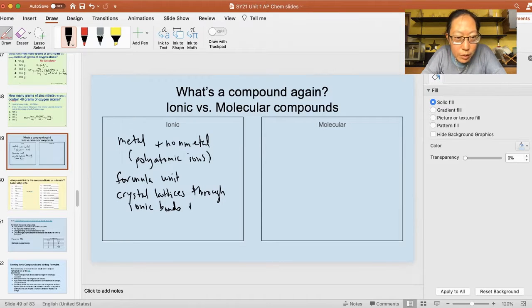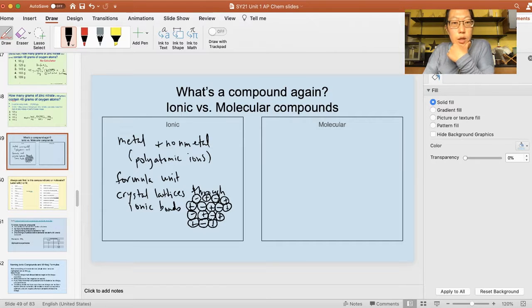These ionic bonds, remember, are the attraction between positive and negative. So it's forces between these ions that are holding the crystal lattice together. The crystal lattice can be thought of as a very well-ordered, structured crystal. They have different lattice types, but we're not going to really learn about that in this class. There are different ways you can stack and pack these atoms together to make different patterns. So that's our ionic bonding. These are very strong bonds. These are solids,